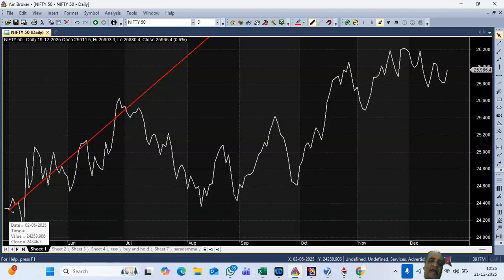So what I do is, if I am taking a bar chart, I will wait only for 3 days, and I will connect the successive lows or successive highs and extend them. If I take a line chart, I will take the immediate two bottoms or two tops, connect them and extend them